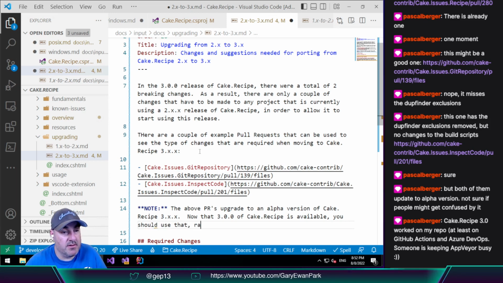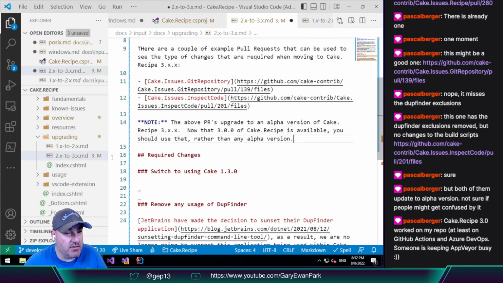Use that rather than any alpha. That covers that. Switch to using Cake.there, and then we said Cake build